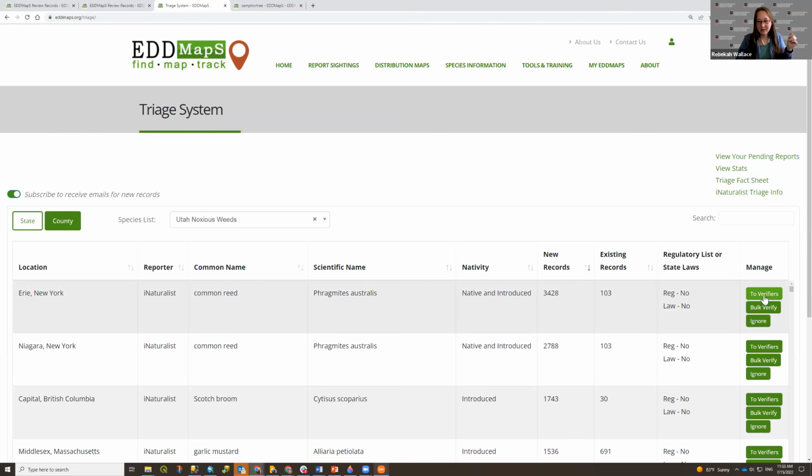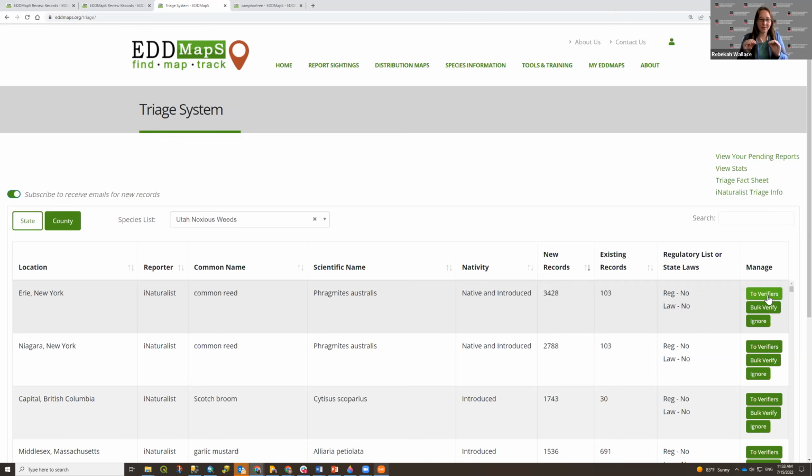Now, when you select either two verifiers or bulk verify, I do want to say that it's not an instant process. It doesn't automatically go from 3,400 records just existing in the triage system to 3,400 records that are now either publicly available on EDDMapS or waiting in the review queue for individual review.